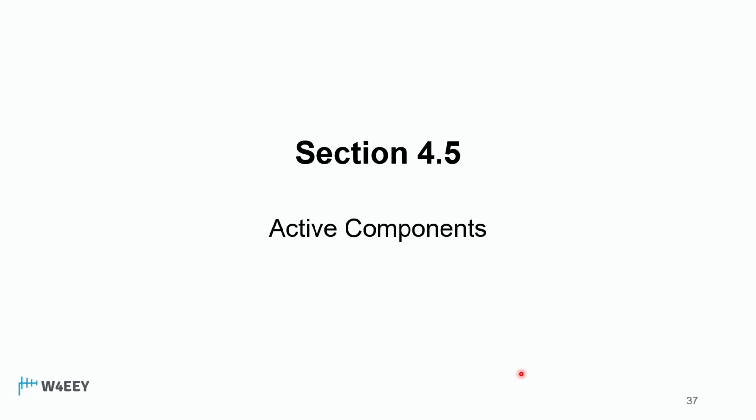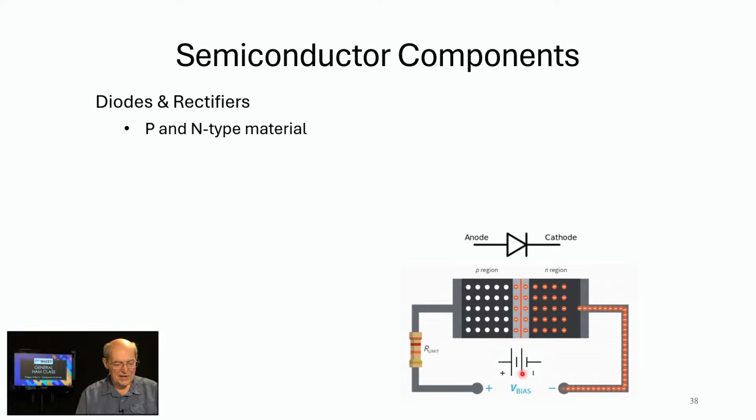Okay, good. We're moving on into the next section now, active components. Now, semiconductors. We're going to be talking more about this in other lessons, both now and in the extra class, but I'll give you a highly simplified version for now. So in semiconductor components, typically, most semiconductors today, diodes and transistors, are silicon. Now, the element silicon is actually an insulator. So how could we make diodes and